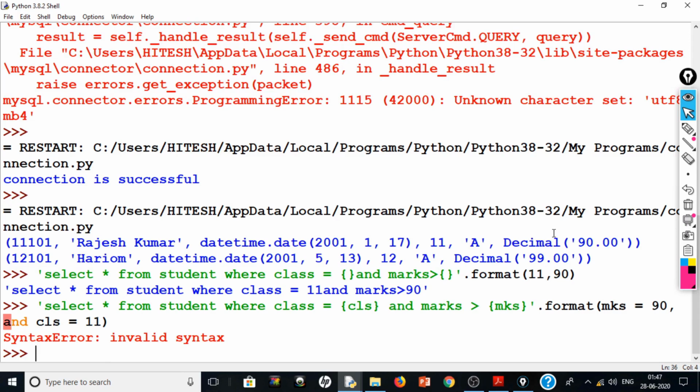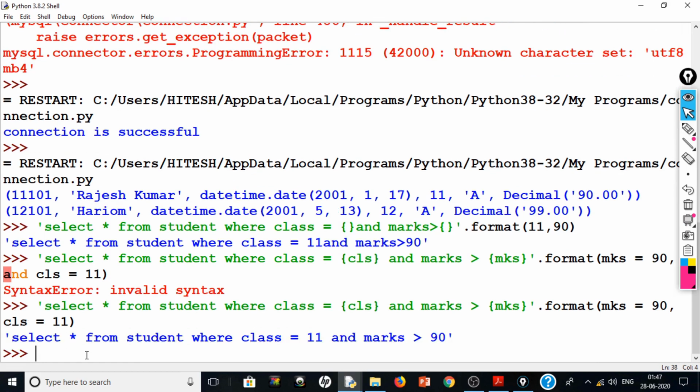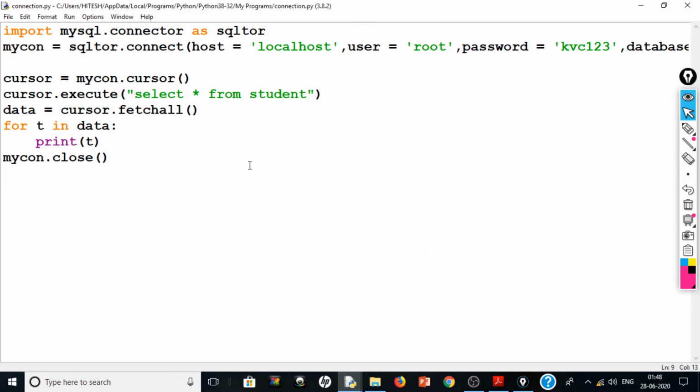Let's see what we get. We get a syntax error. So I don't have to write "and" here, I have to write a comma only. So MKS=90, CLS=11, right? So we will get select * from student where class = 11 and marks greater than 90.